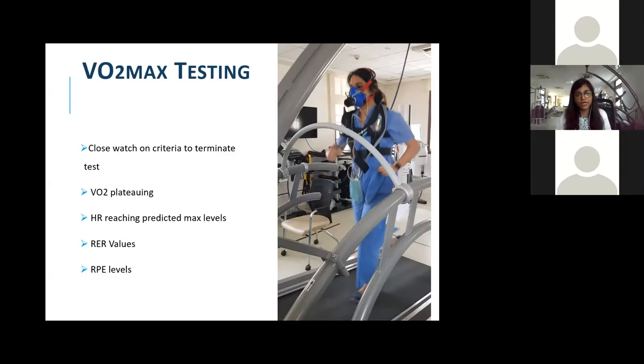So there are a few criteria based on which we terminate the test. One of which, the most important, is when the patient, the subject or the athlete tells us to stop. Second is when we see the heart rate reaching predicted maximum values, but that's not the criteria to stop. We just keep an eye on these. These are the indicators which let us know that the person is reaching their maximal values and they may stop anytime. Again, we keep a close eye on the ARIA values, and as we take the Borg scale, that is another indication.